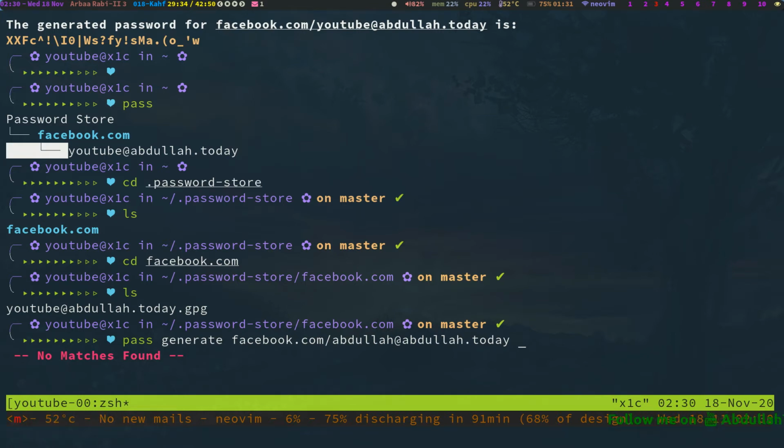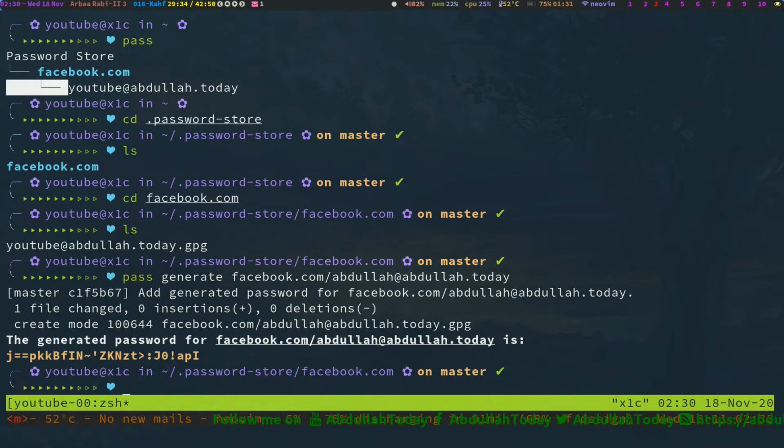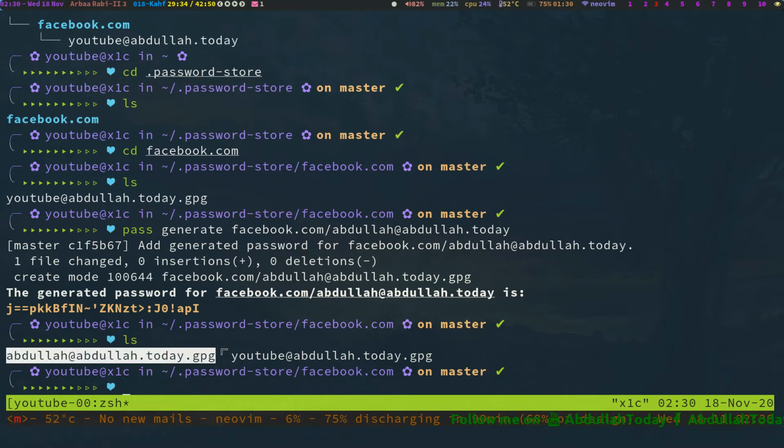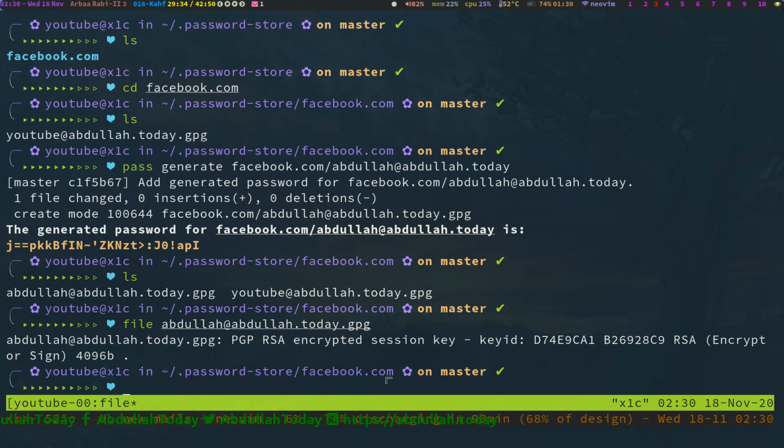So this time I am creating a new password for a new user. So here the new password is generated. Now let's see. Here you can see a new file has been created with the gpg extension, which means it is safe. You can see this one is the encrypted file.